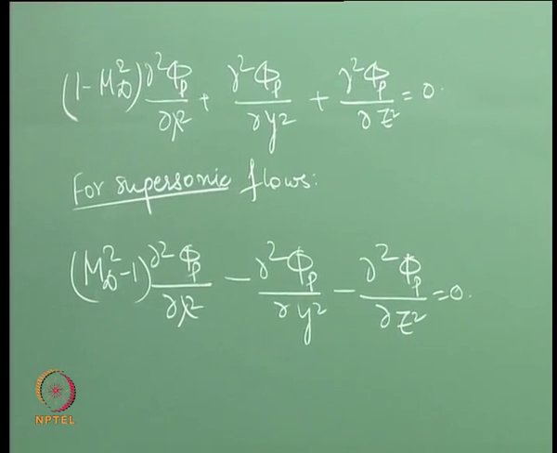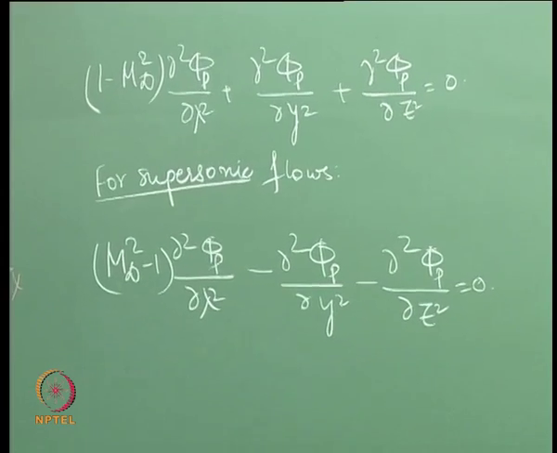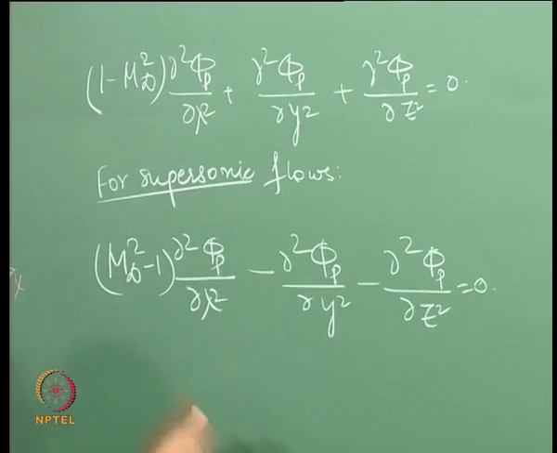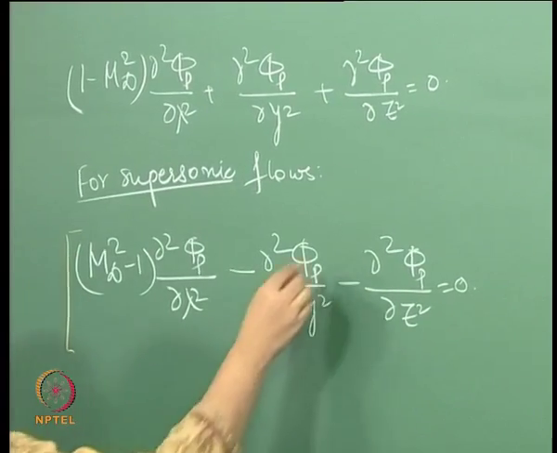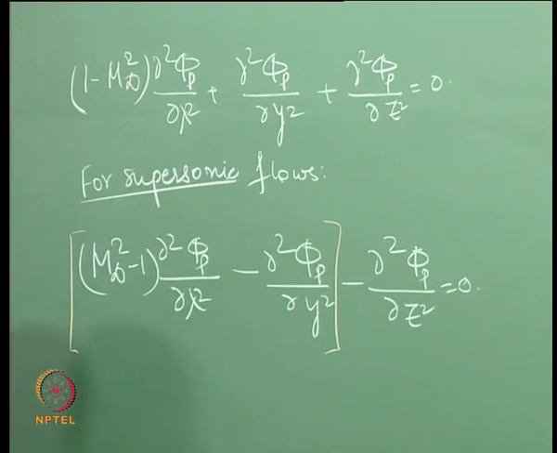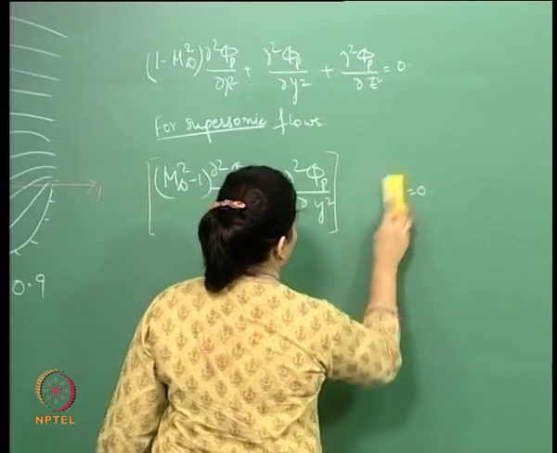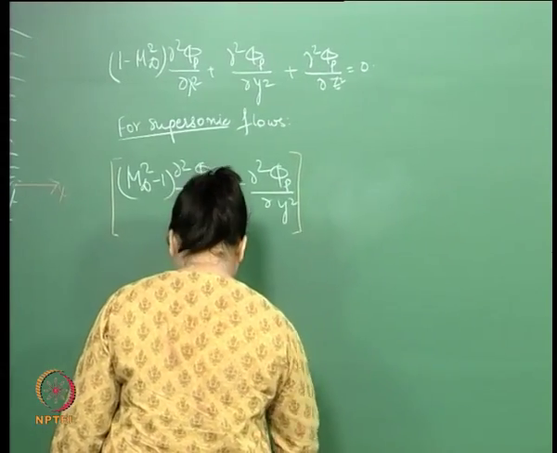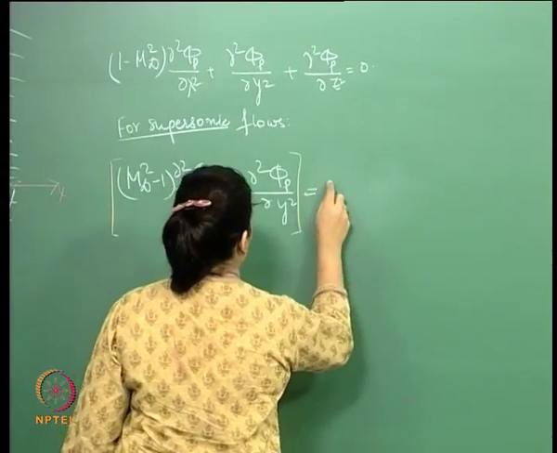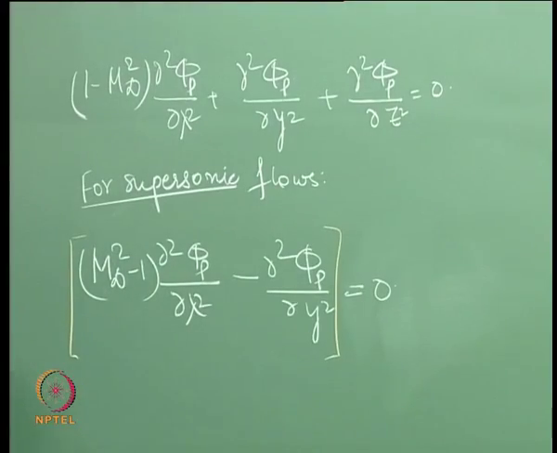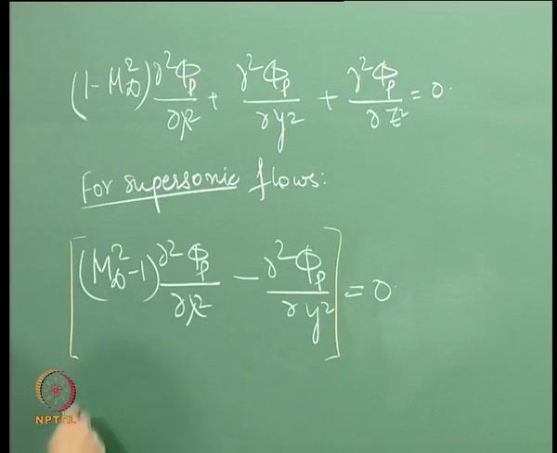Now, if you write it this way, then let us look at the 2D picture of this. So this is our equation. This is the 2D picture. So if we look at this, we can write this as